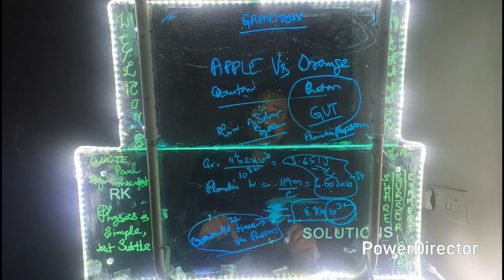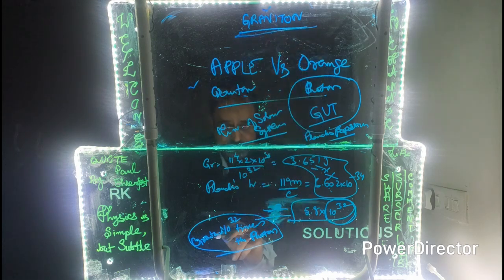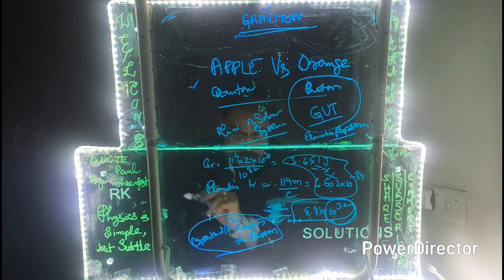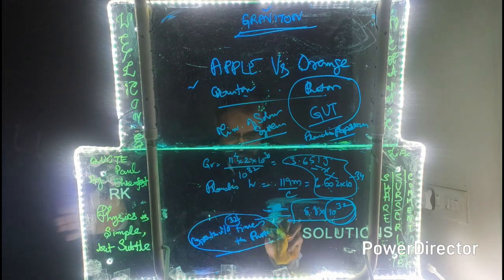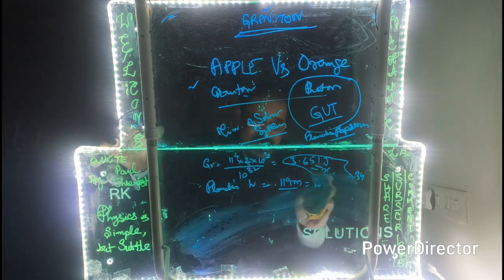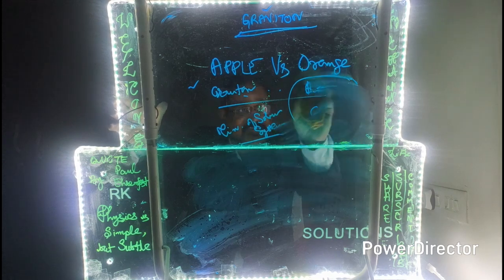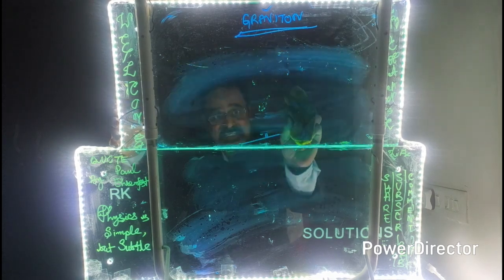If what I tell you is correct, if my definition of graviton holds, then definitely it is 10 raised to 32 times more than the photon, right? Of course, anyone with any little intellect would say it is